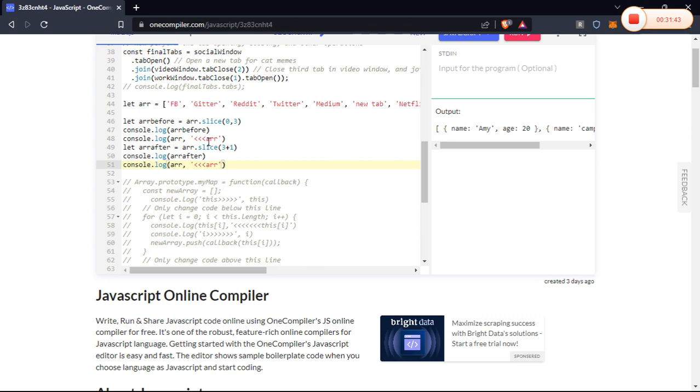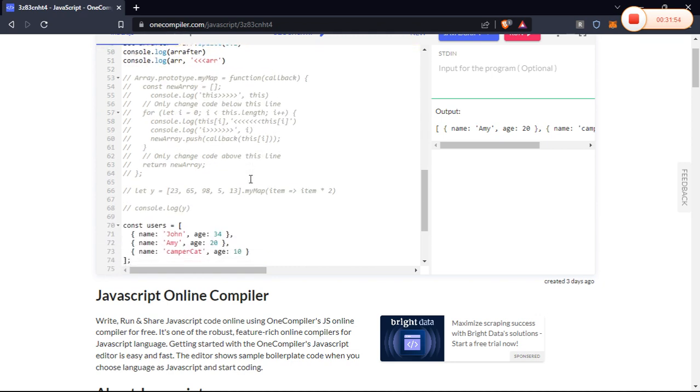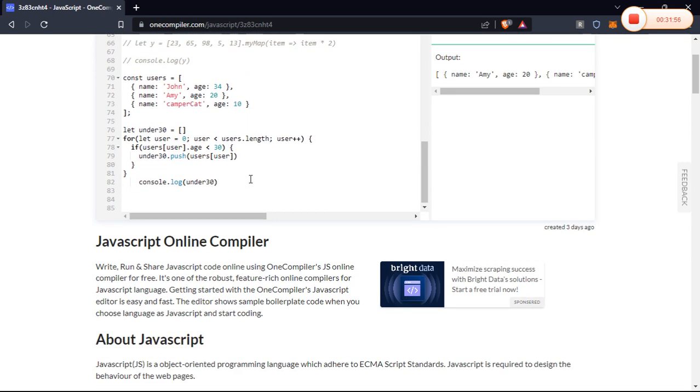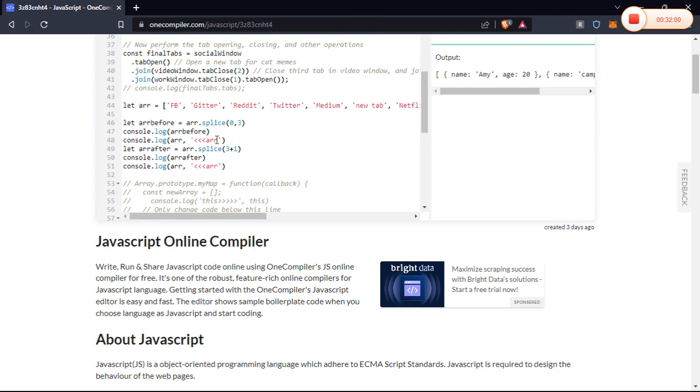Okay. Now this is me using splice. Let me splice here. Now when I run this program, what to concentrate on is this part. This is the original array, right? So yeah, so this part now